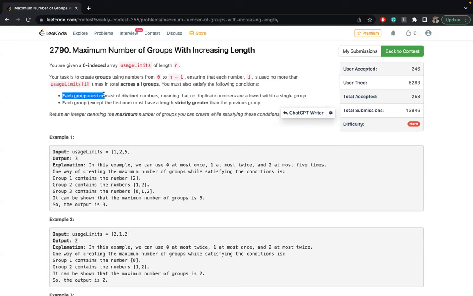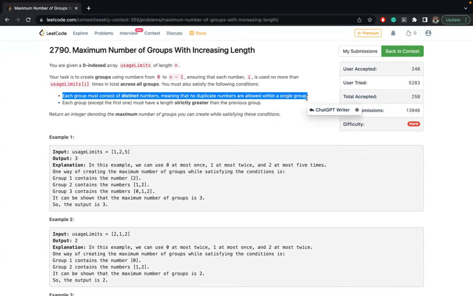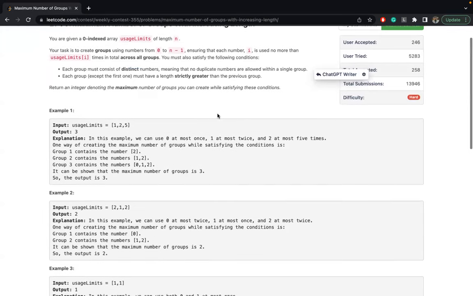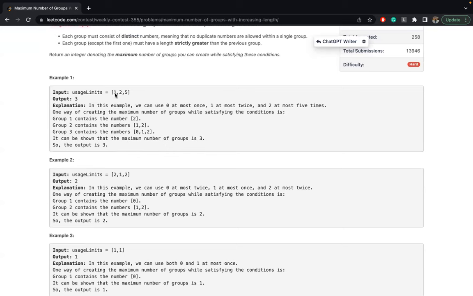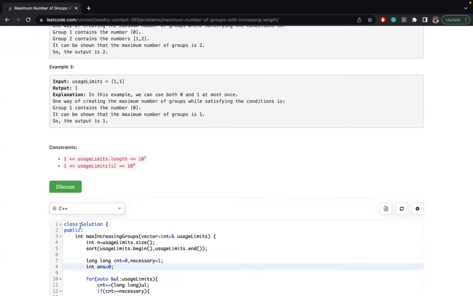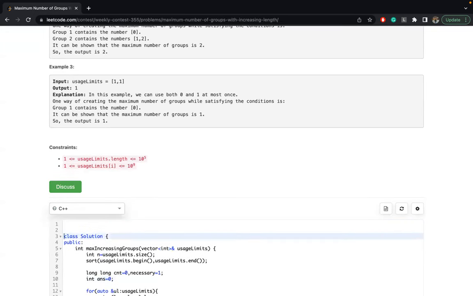And the first condition is each group must consist of distinct numbers, meaning that no duplicate numbers are allowed in a single group. Okay, so let's take this example: 1 2 5. So if this is given, then